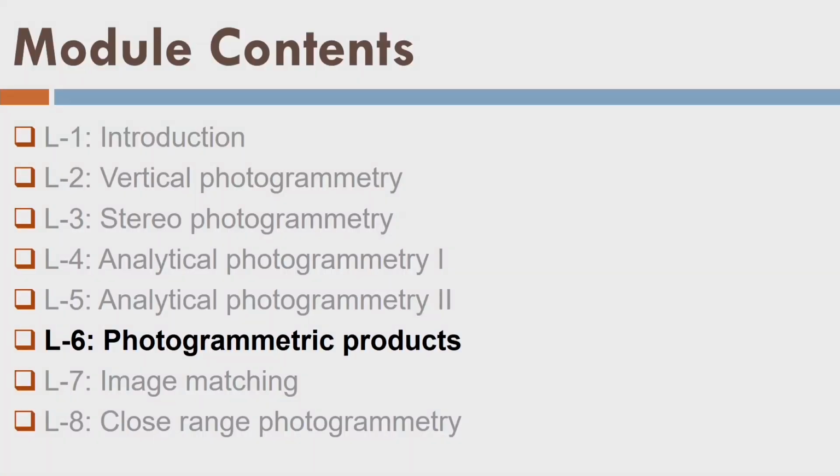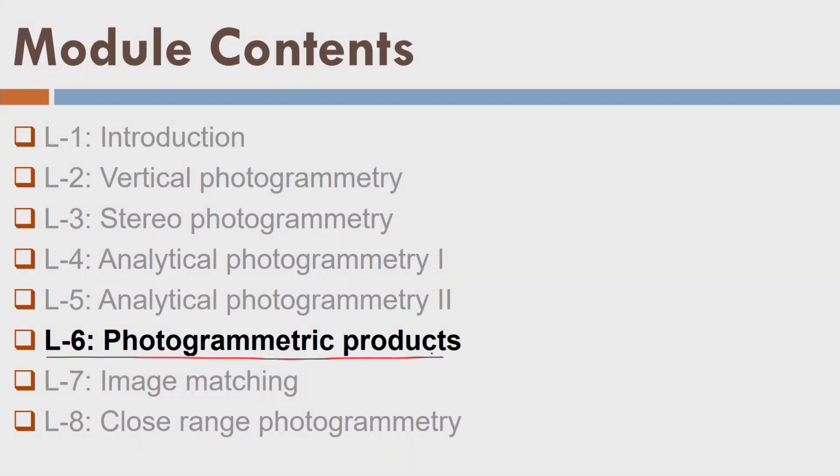Now, let us assume that we have done the computational work completely and we have created 3D coordinates. That means we have done some measurement on our stereo pairs, that is x1, y1 and x2, y2, two image coordinates, or maybe more image coordinates if there are more stereo images for one point. And then using all those points, we find out the 3D coordinates of the terrain point, the space intersection process. So, let us start with 3D points that we have calculated as a part of the space intersection process.